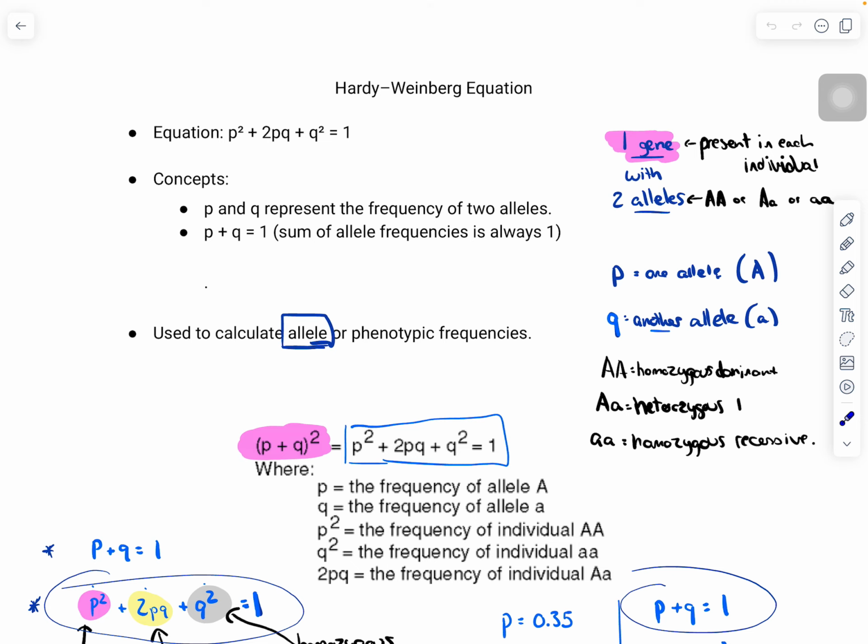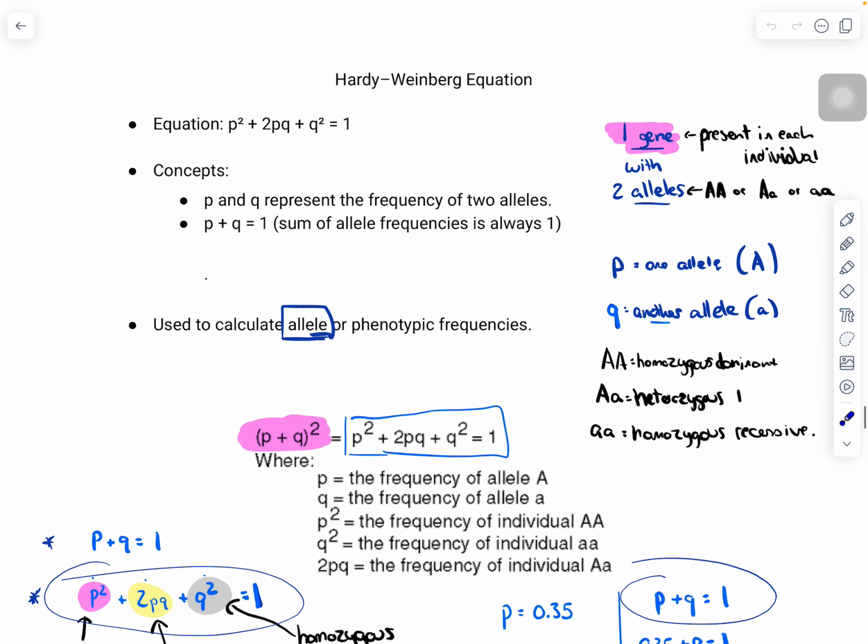Okay, so you need to remember this equation and you need to remember this one. Now, what you also need to remember is we're talking here about one gene with two alleles. So what that means is you get what we call homozygous dominant, heterozygous, and homozygous recessive. Those are the three options. All right? So remember these two,